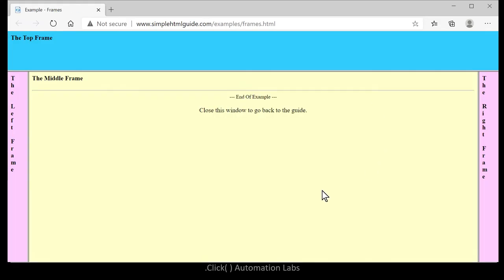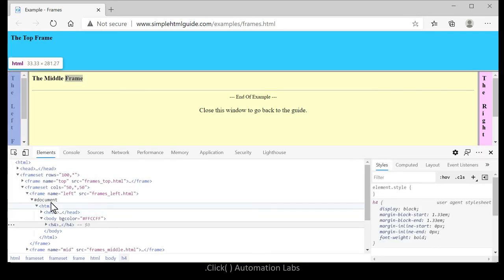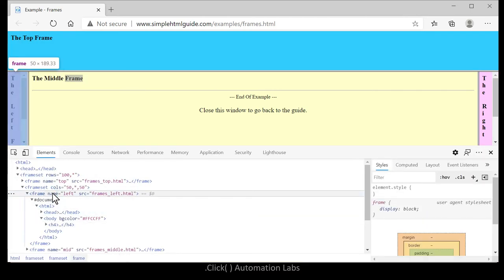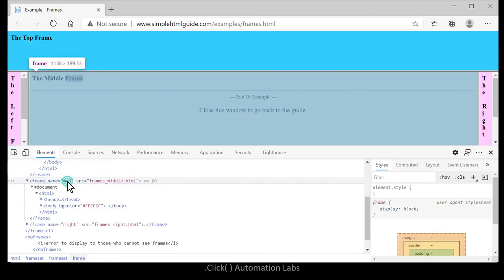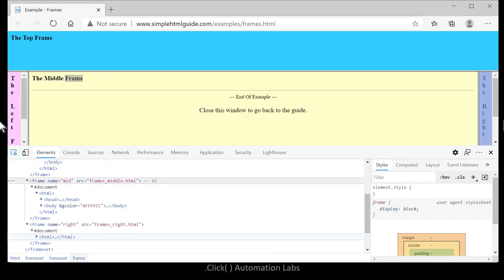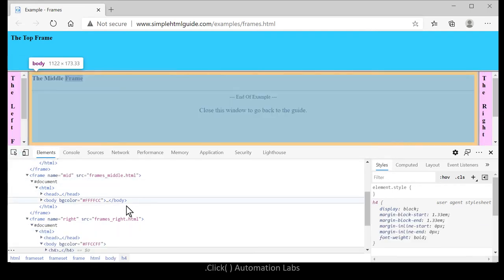So let's look at this example. This is one sample web page. You see this is a middle frame, this is a right frame, and this is a left frame. If you right click and inspect, you see this one has the frame name left, this one has the frame name mid, and this one has the frame name right.